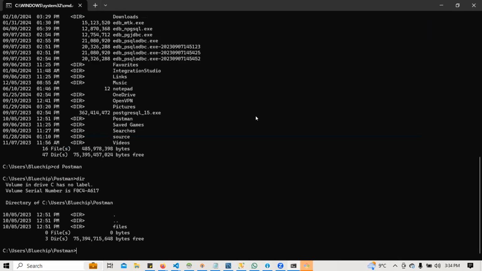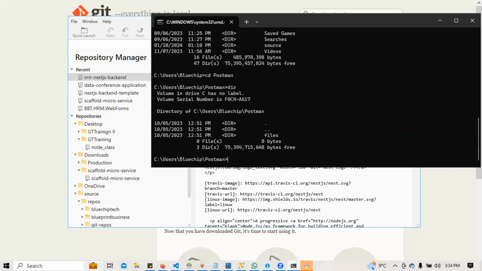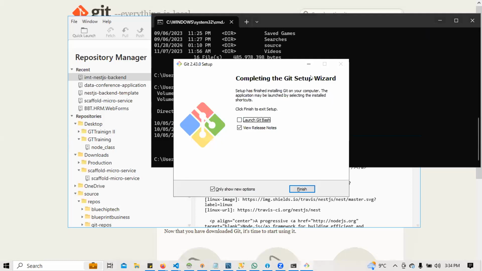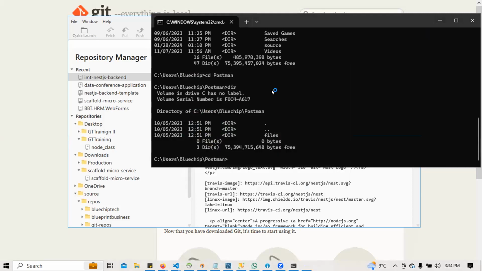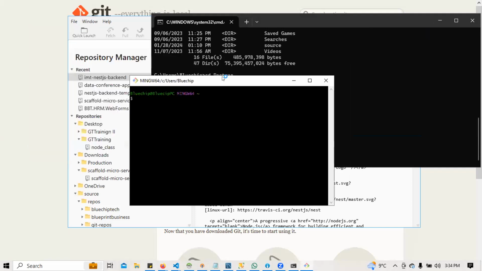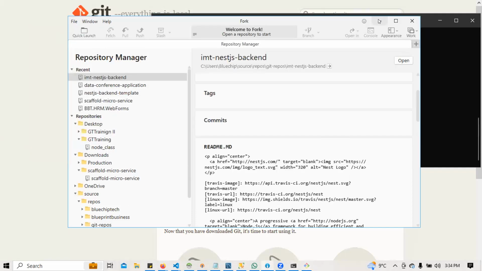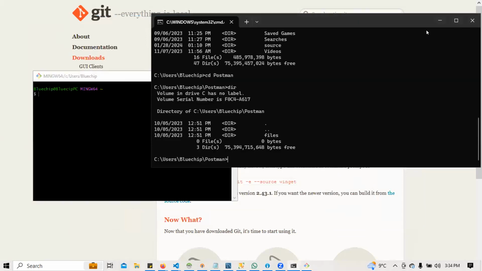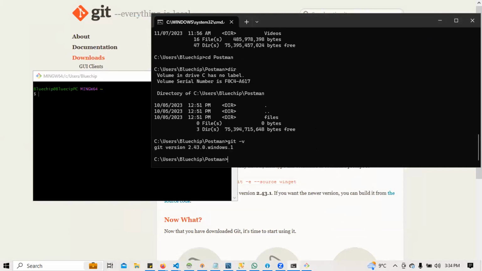So that being said, let's check our installation. It's telling me to complete installing Git and then launch Git Bash. You can launch the Git Bash if you want to see it. Git Bash is the Git CLI interface itself. So let me check the version of Git I currently have. I can say git -v. It's telling me now that I have Git version